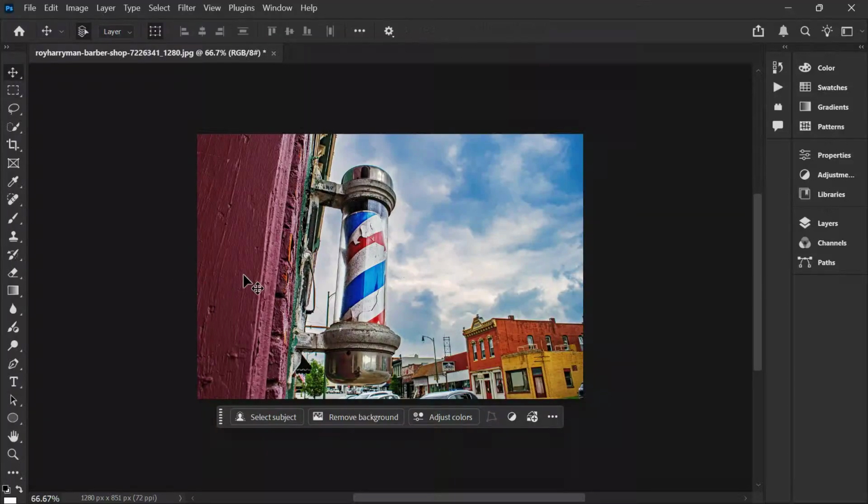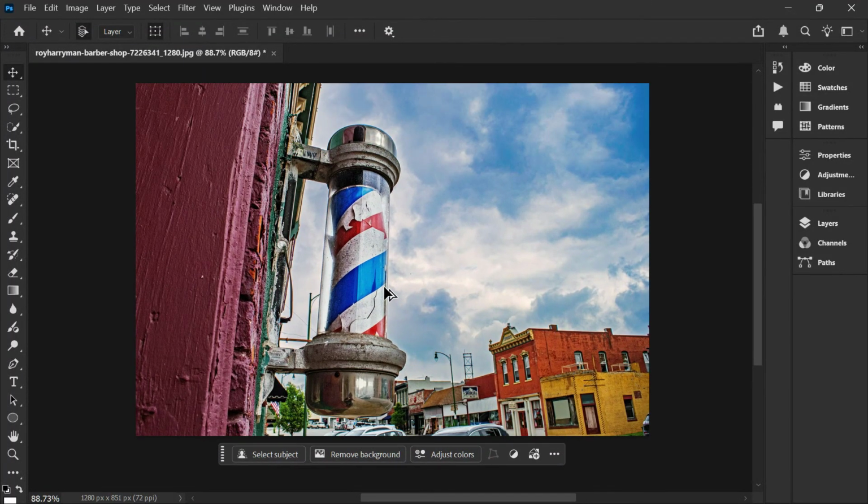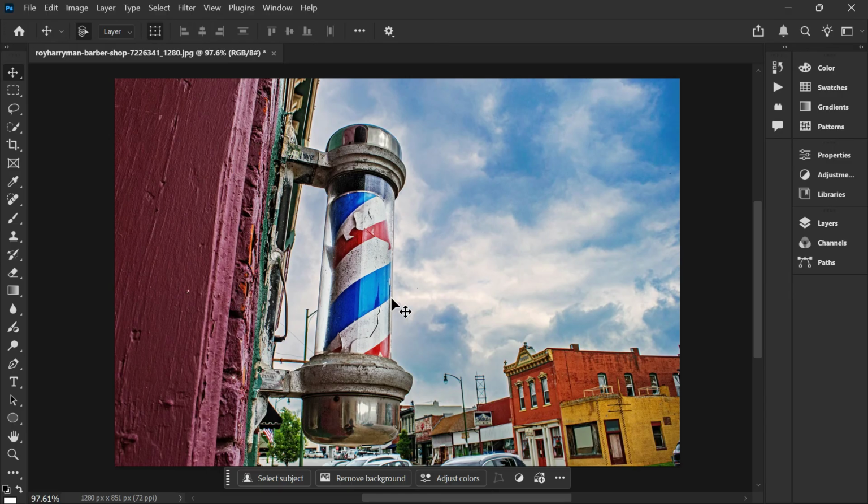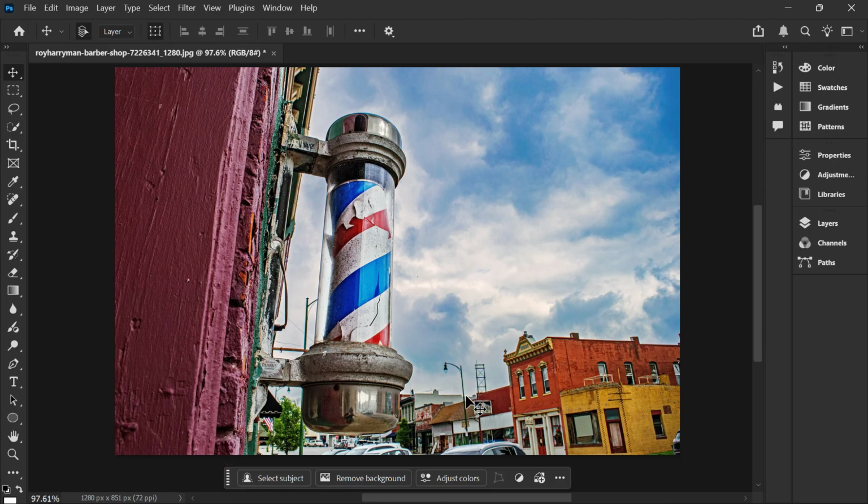In today's video, I'm going to show you exactly how to remove objects in Photoshop quickly and cleanly, whether it's a person in the background, a distracting sign, or anything else ruining your perfect shot. The best part is you can do this in just seconds using built-in tools inside Adobe Photoshop. Make sure you watch until the end because I'll also share a quick pro tip to make your edits look